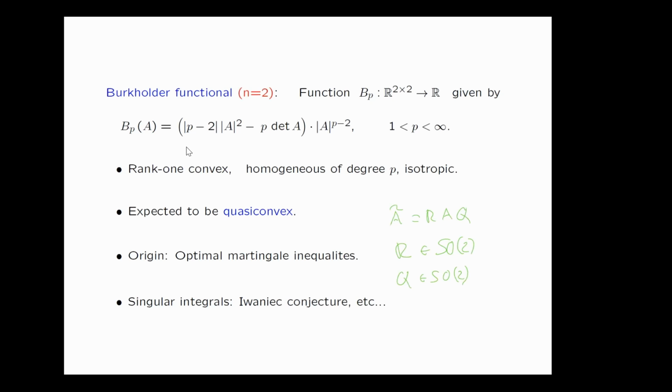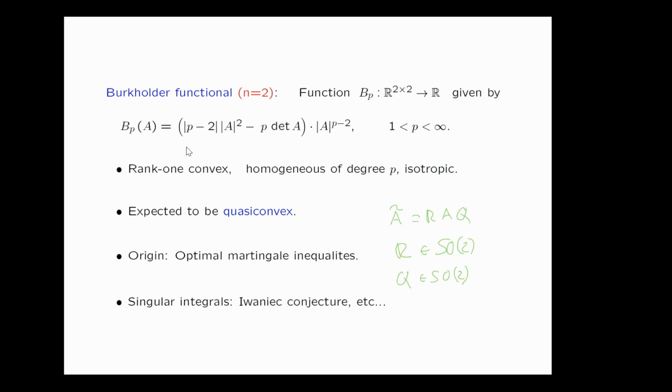So you cannot ask more, right? It's homogeneous, it's isotropic. So at this point, and it's rank 1 convex, we should be able to prove that this one function is quasi-convex. And actually the name of Burkholder is rightly there because he introduced it in his study of martingale inequalities, and